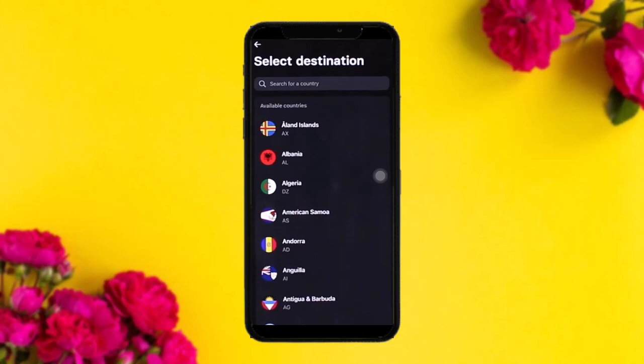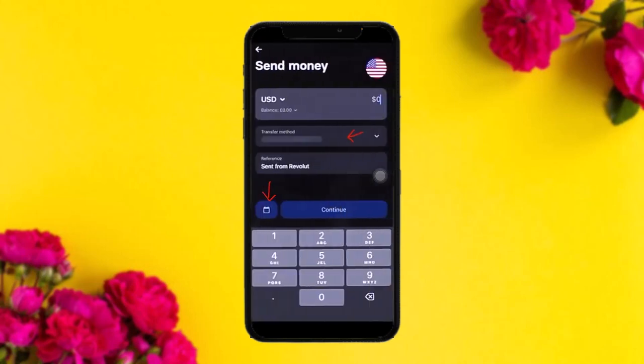Select destination. Simply choose the country that you want to send your money to. Now let's just assume you selected USA. Now you'll be seeing this kind of interface. Now here all you gotta do is just simply enter in your amount, like $100, and then select your transfer